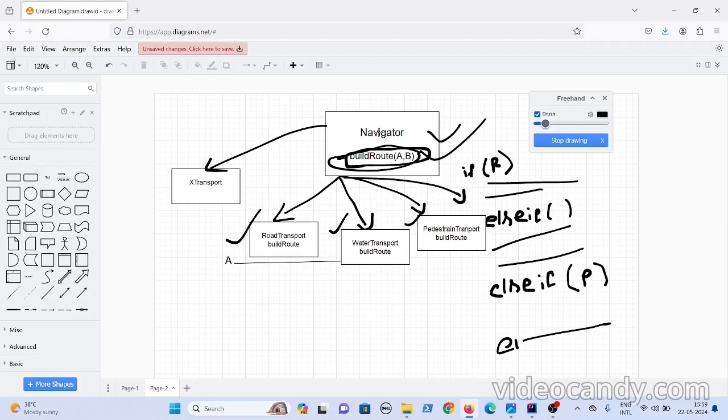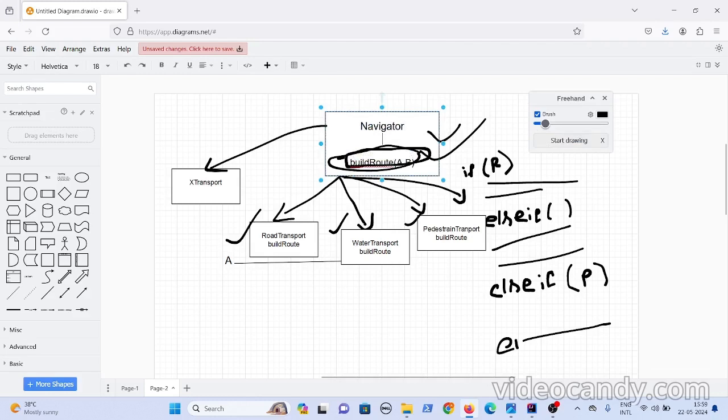Let's say the navigator wants to find restaurants as well. While traveling, he wants to stop by and have food. So the navigator asks our app, along with finding the route, to provide another method which can give him the restaurants as well.